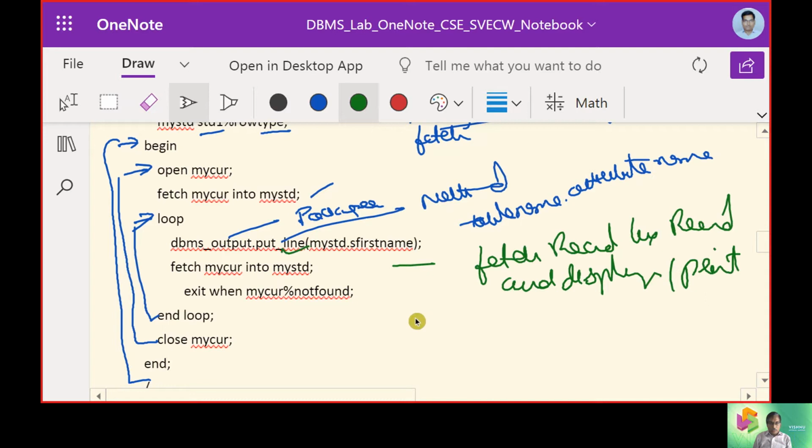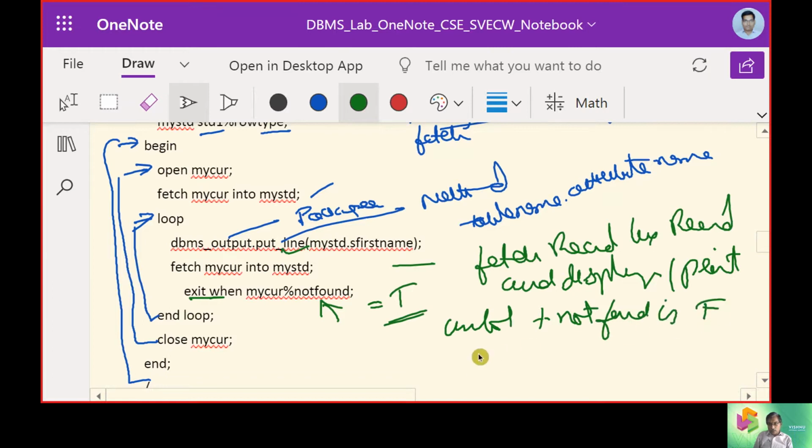So this was the intention, right? We are going to put the line. How many times do we need it? We need to exit when the cursor is not found. So when not found is equal to true, that is, until percentage not found is false, we need to repeat the loop. So that is the check we made for the loop statement here.